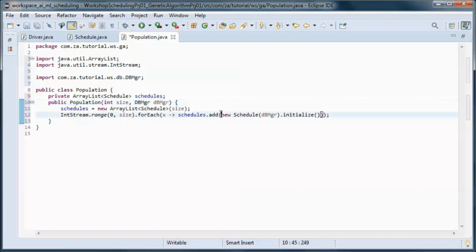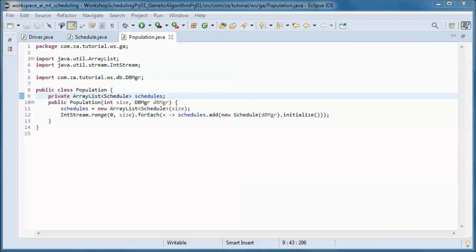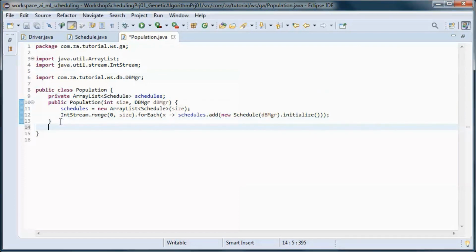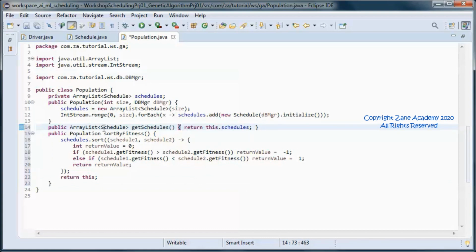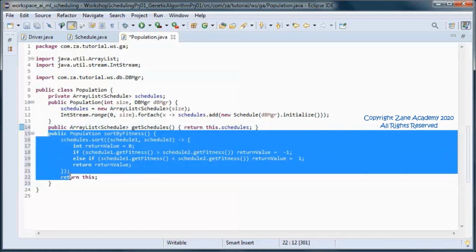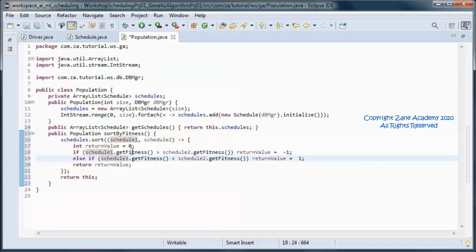So here we are initializing a new schedule and then adding each one to the list of schedules that we are keeping track of. And we will have a get method for schedules, and this does sorting by fitness on all the schedules that are in this population.